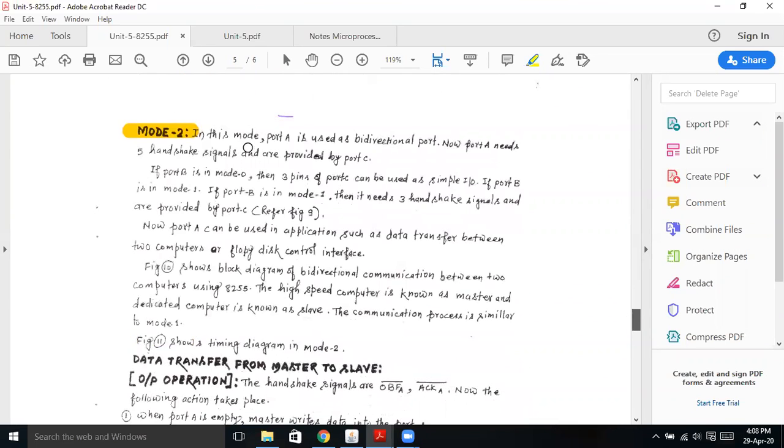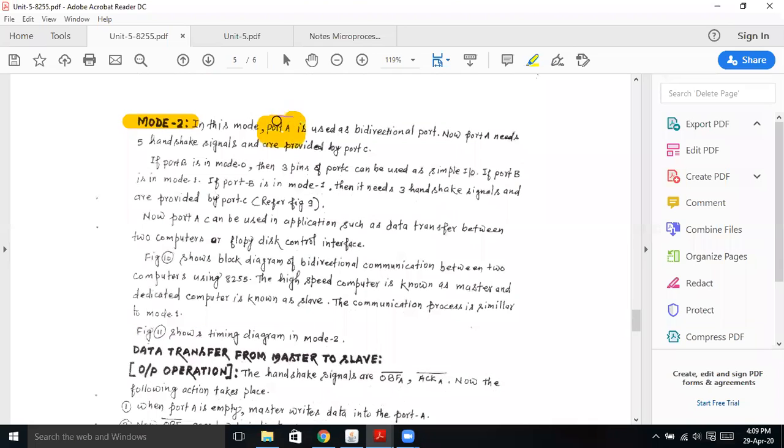In this mode, port A works as a bidirectional port. That means port A can receive, or it can also send the data to or from the microprocessor using the 8255 peripheral IC.